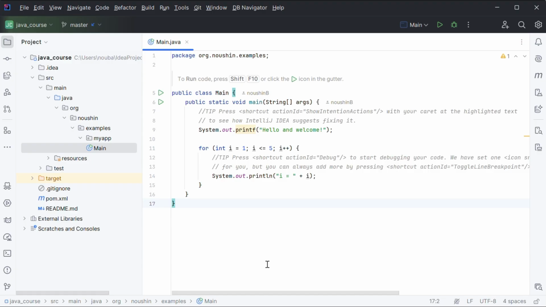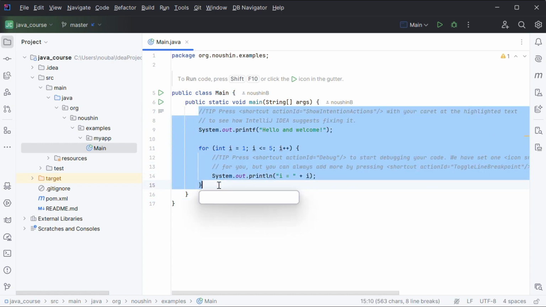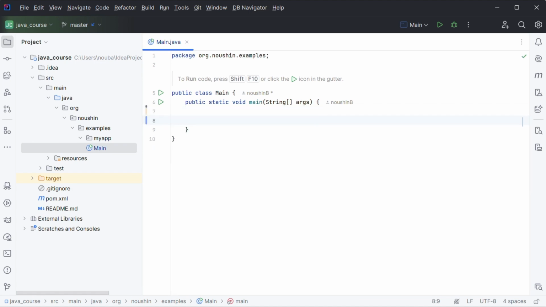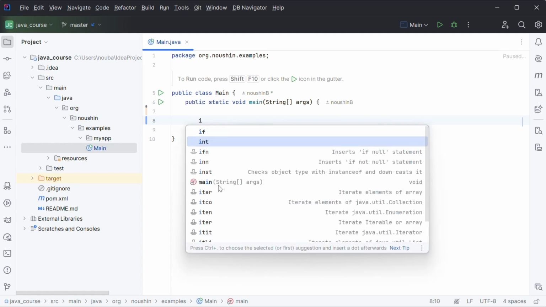Open your project and go to Main.java. First, I want to remove this additional information. We don't need them. Here, I want to create an integer variable and